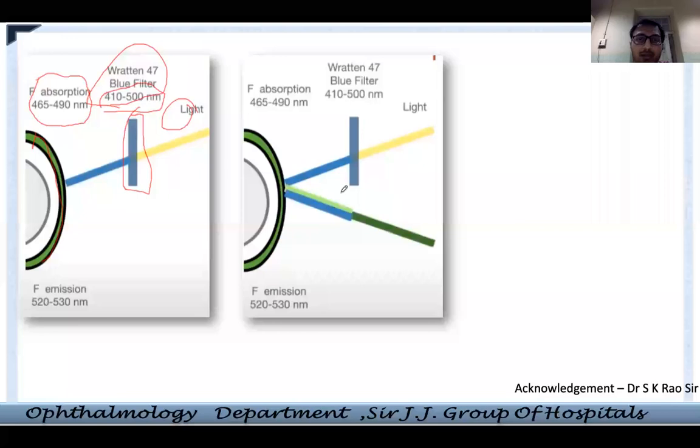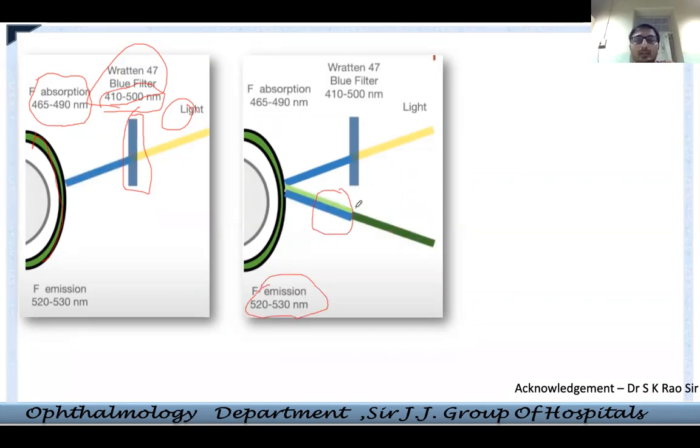Okay, now what is happening? See, this reflection that is happening, it is of the whole 520 to 530 nanometer. Okay, and above everything is being reflected. So what do I get with this blue filter? I get a dark green color light. Again, am I getting a good picture? Of course, I'm getting a good picture, but can it be made better?